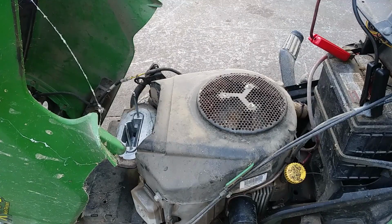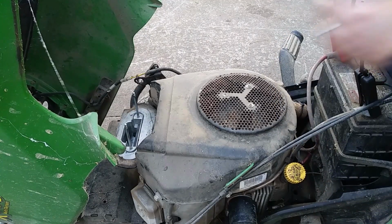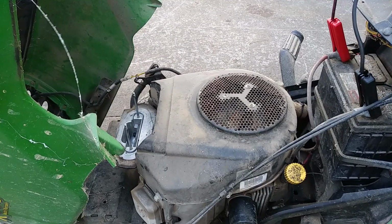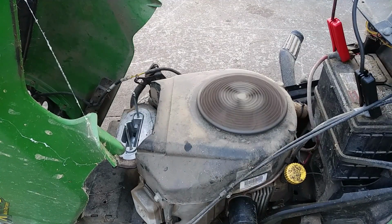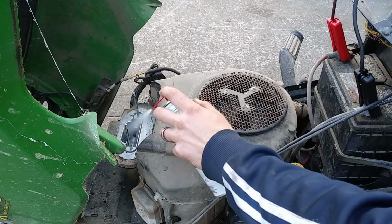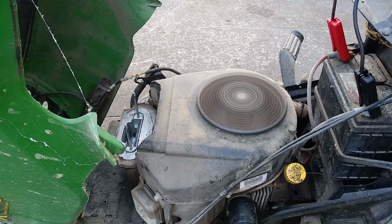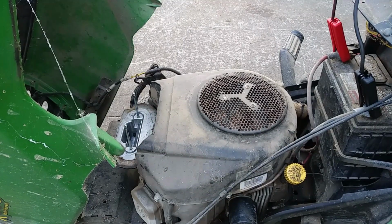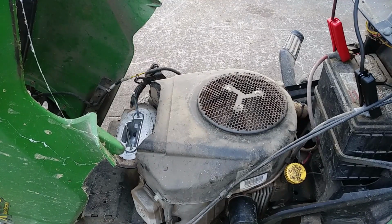Ooh. Well, darn. What just happened? It's gonna make a liar out of me here. Alright, we'll do that a couple more times. I don't think that the solenoid and the carburetor is working like it's supposed to. We'll do that a couple more times. Could be the bad fuel pump. Yeah, it's not responding to choke or any input, so. Oh well. Yeah, so we got some fuel related issues. We'll get into it